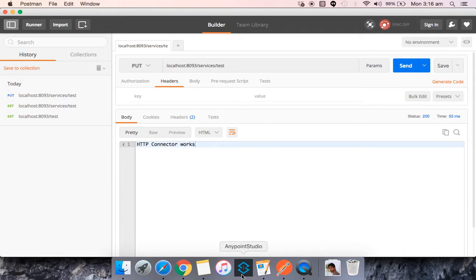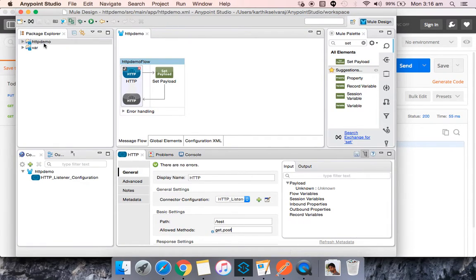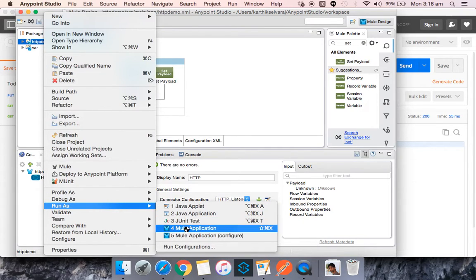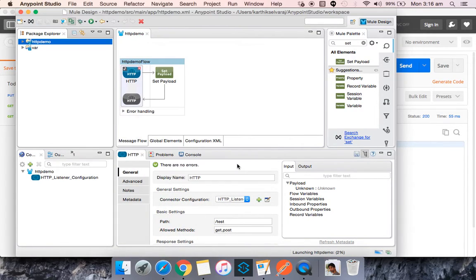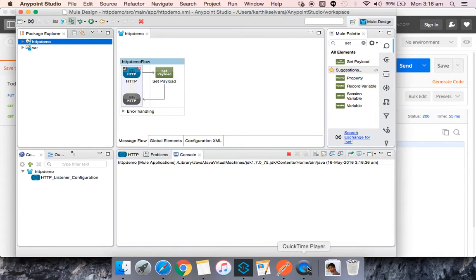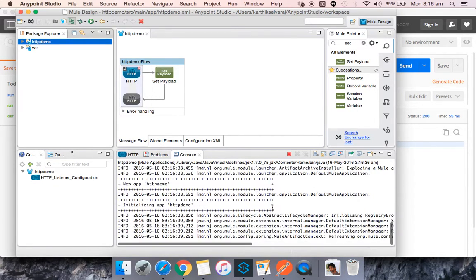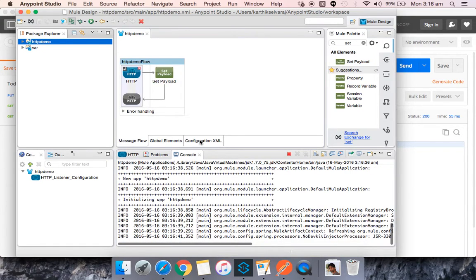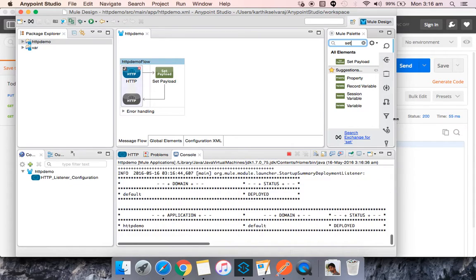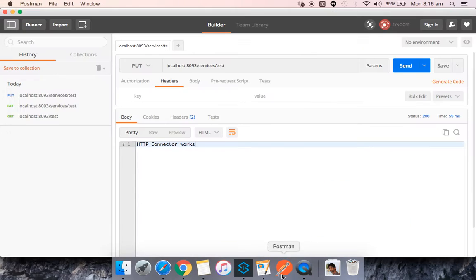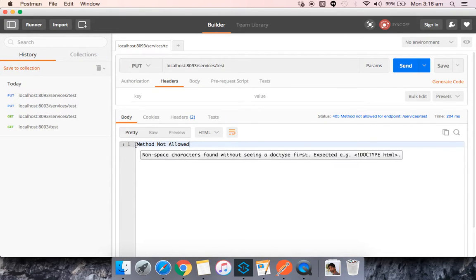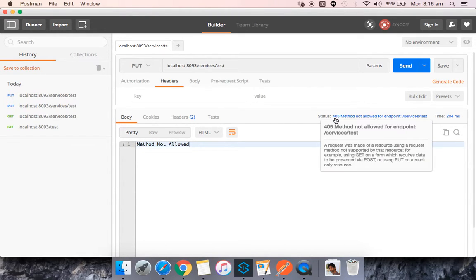Okay, so now if I deploy this, it has been deployed. If I use the PUT method, you can see that the message has been populated as method not allowed, and the status is 405, which is the standard HTTP return code for method not allowed.